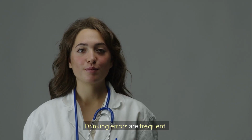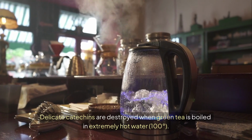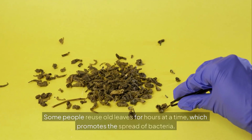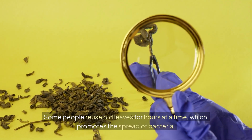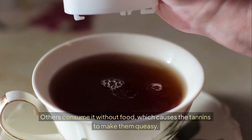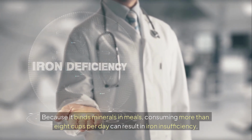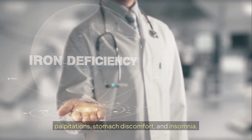Drinking errors are frequent. Delicate catechins are destroyed when green tea is boiled in extremely hot water, 100 degrees. Some people reuse old leaves for hours at a time, which promotes the spread of bacteria. Others consume it without food, which causes the tannins to make them queasy. Because it binds minerals in meals, consuming more than 8 cups per day can result in iron insufficiency, palpitations, stomach